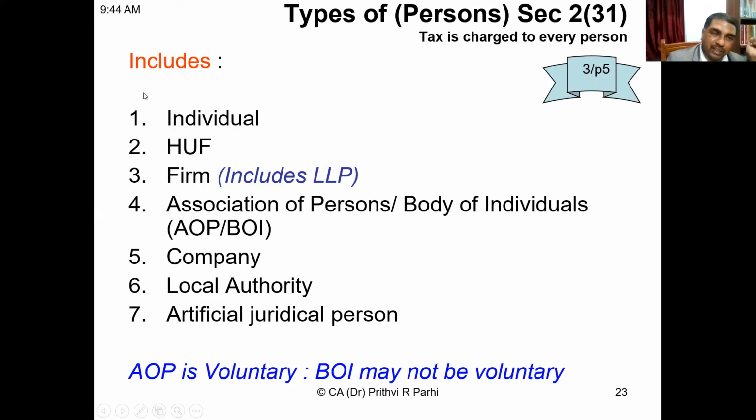this word is appearing in the red color font. Because this word is important. Friends, try to remember under income tax law, when a definition is there, some of the definitions are exhaustive definitions. An exhaustive definition says, let us say, this means that. Suppose it would have been person means individual, HUF, etc. That means that is an exhaustive definition. Some definitions you will be learning are exhaustive definitions. But here, the word means is not used. A different word is used. What is that? Person includes. That means it's an inclusive definition.